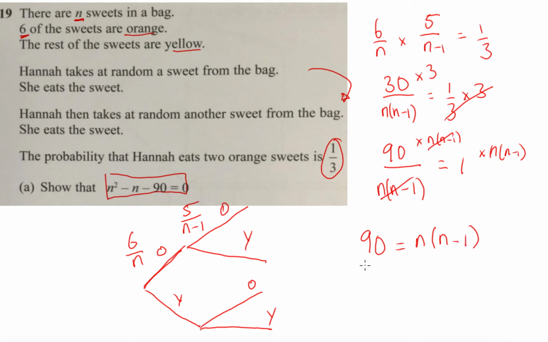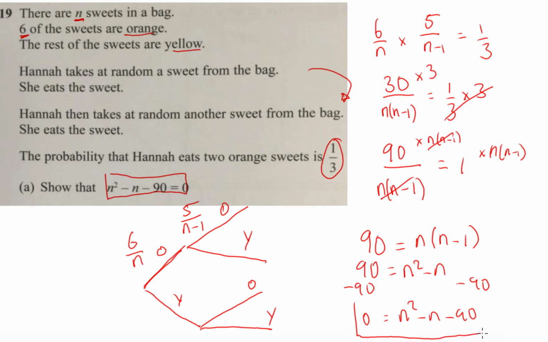And now we can expand the right hand side. 90 equals n squared minus n. And now what we can do is we can minus 90 from both sides. Minus 90, 90 minus 90 is 0, n squared minus n minus 90, and we are done. That is Hannah's Sweets. Okay, so obviously it's a bit more than just a tree diagram here. It's a bit of